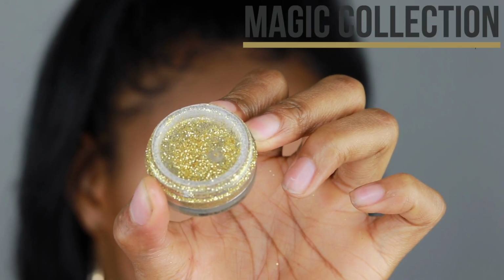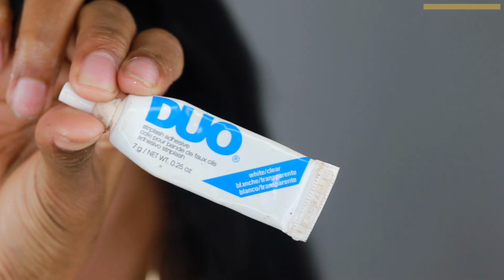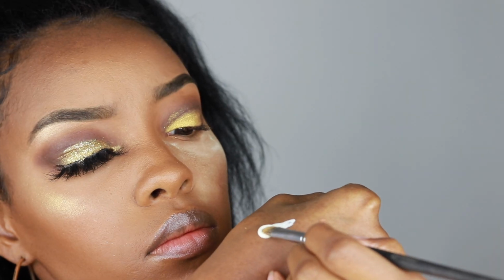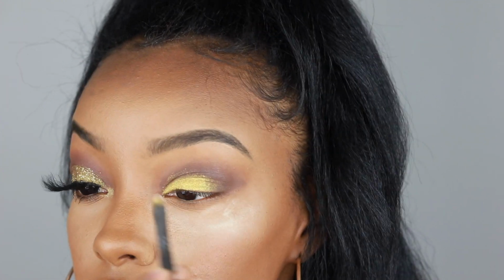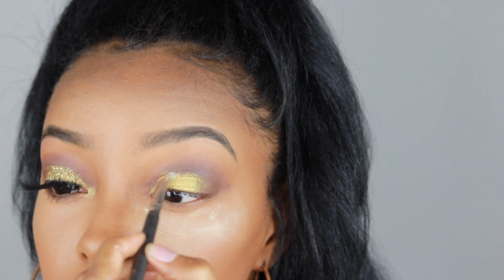So here I'm using a gold loose glitter, and I got this from the hair store, and I love to use the Duo Lash Glue as an adhesive. You'll see I'm just putting my brush in this, and then we're carving out the crease. I'm going a little bit higher because you can see where my eye is hooded. The Trophy Wife has transferred already just a little bit, so we're going a little bit higher with the lash